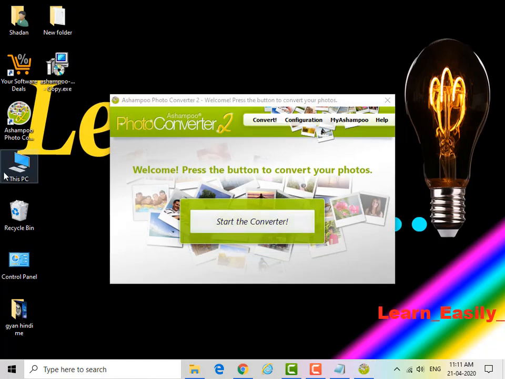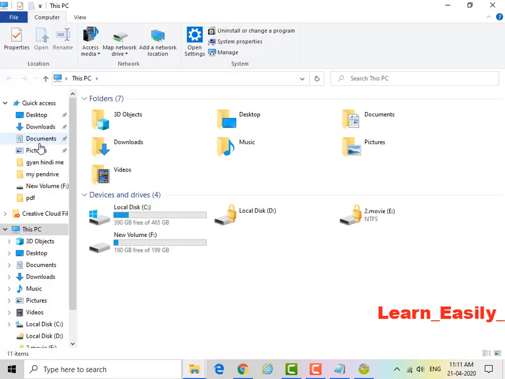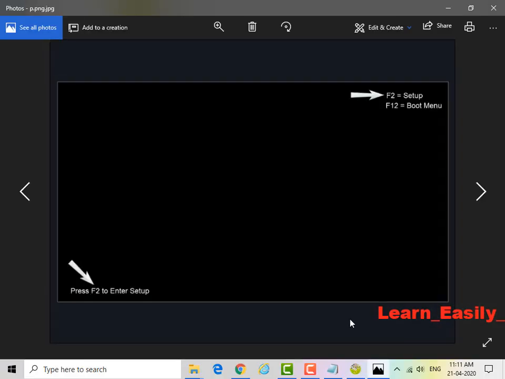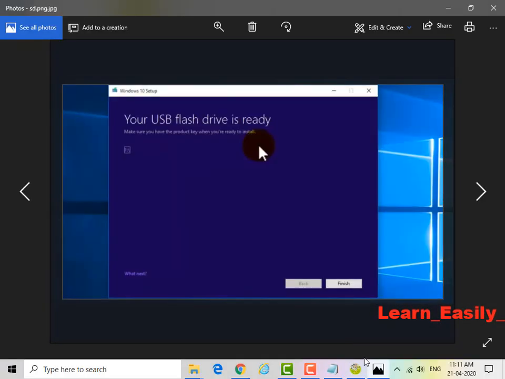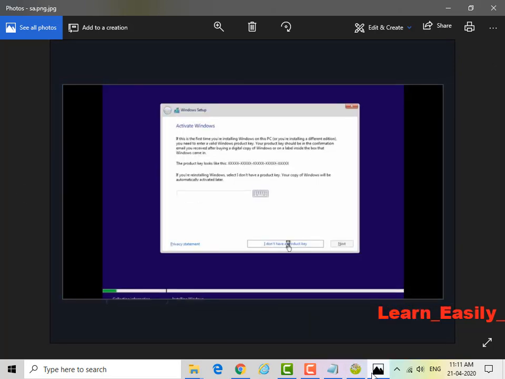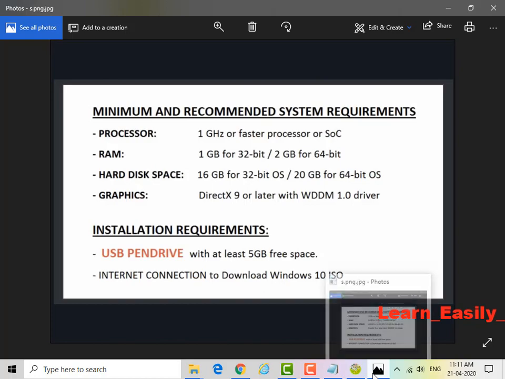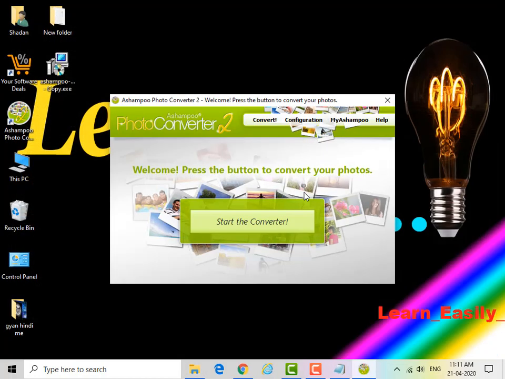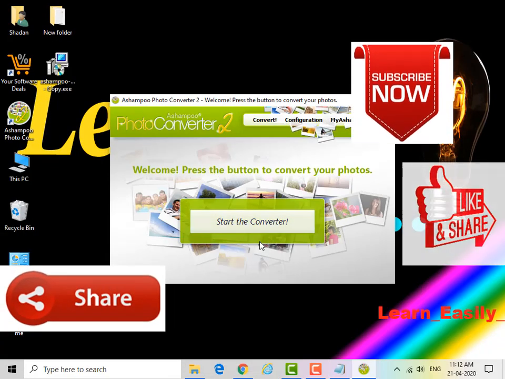Now let's check whether it is completed or not. Documents, here it is, documents. As you can see, guys, all files have been successfully converted. I have converted the Lalo infected files for you for free, guys. It's obviously free. I have completely shown you how you can download this software, how you can convert, how you can get the trial version, okay, everything.